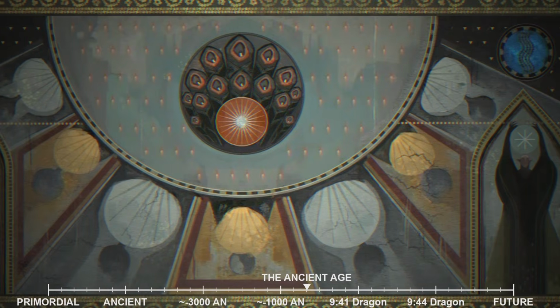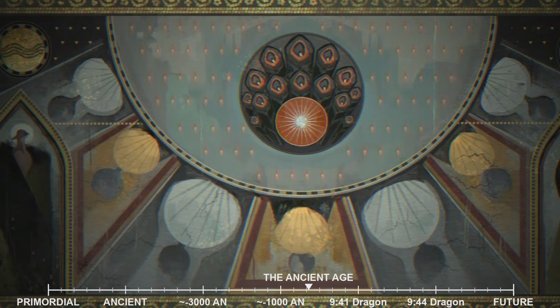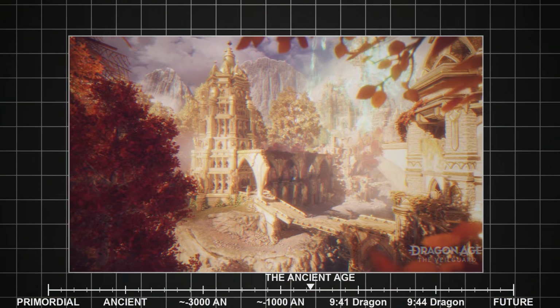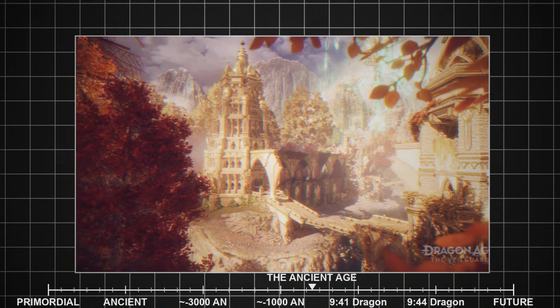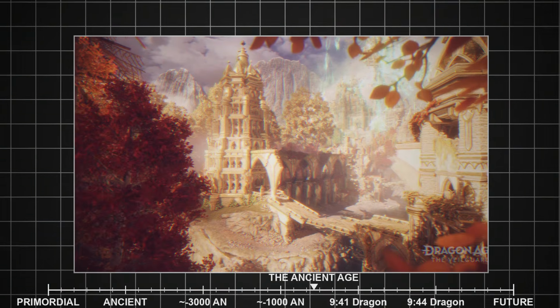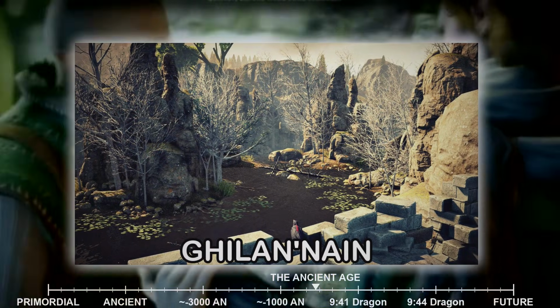The power struggles among the Evanuris themselves grow more intense and more dangerous. These are not mere political disagreements. When gods quarrel, the consequences ripple across all of Elvhenan. Territories are contested, followers are commanded to fight on behalf of their divine masters, and magical weapons of terrible potency are unleashed. The elevation of Ghilan'nain to the ranks of the Evanuris demonstrates both the wonders and the horrors of this age.